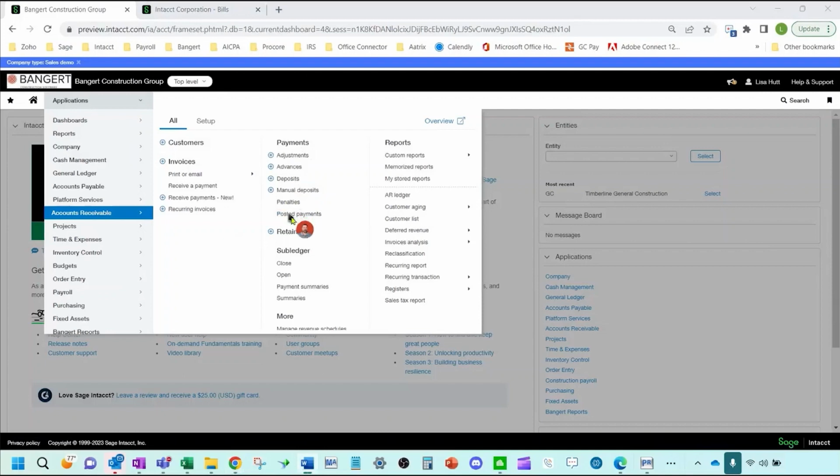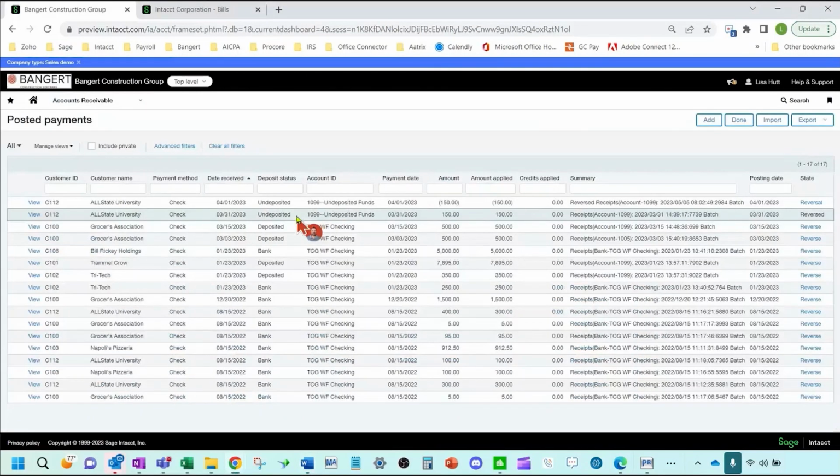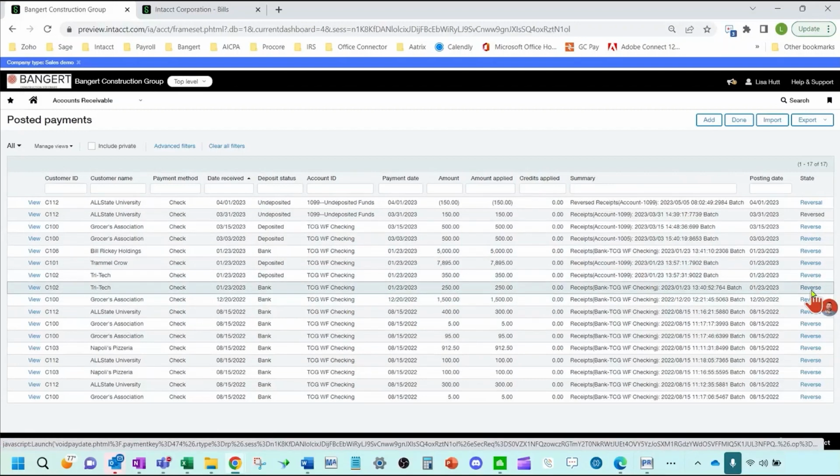One of the limitations in the past was if I go to click on posted payments and I want to do a reversal, I couldn't change the accounting date that I want, or the posting date that I wanted to use that reversal in. So you were stuck in using the reversal date of the original invoice.